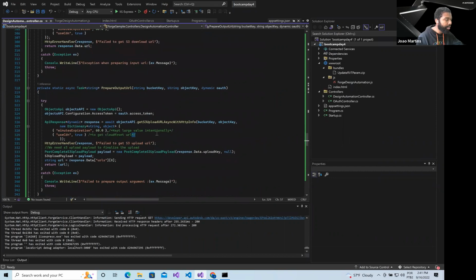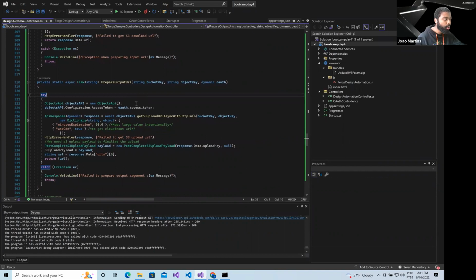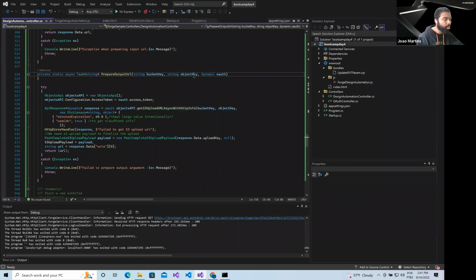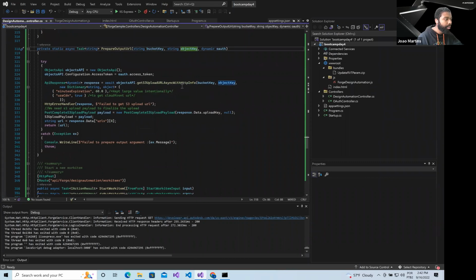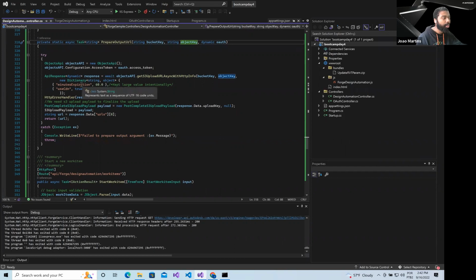Now we need to also prepare the output URL, the URL that Design Automation is going to use to post a file on our bucket. We are again using a specific bucket key, and we have an object key, which is the key for the file that we are uploading, and we are going to generate a URL to upload this content to this object, right? Once more, we are specifying how many minutes this URL is going to be valid. We are specifying in this case 60 minutes,